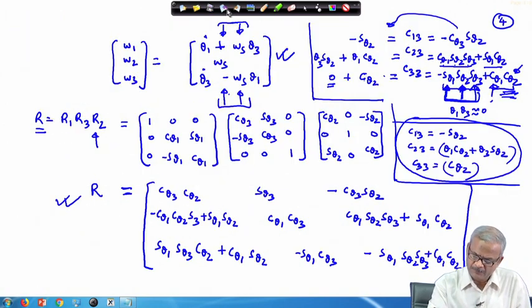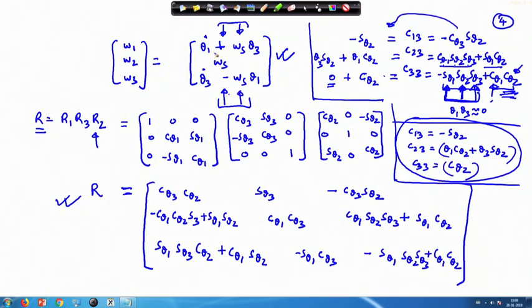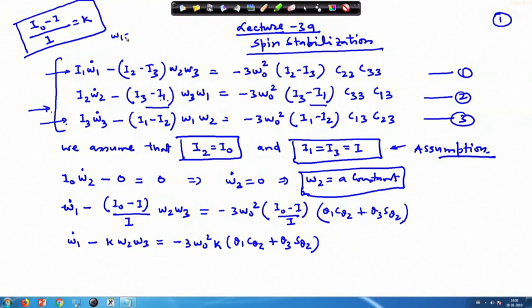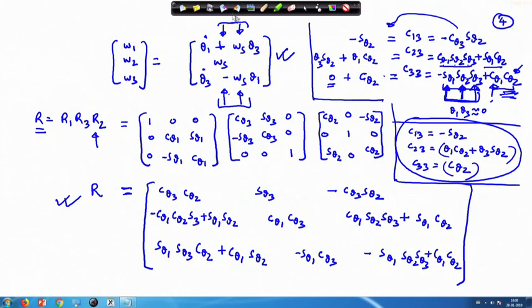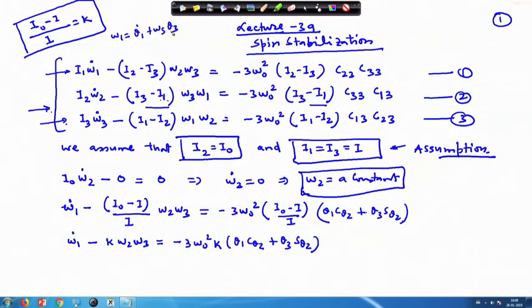Inserting the value of omega 1 here. Omega 1 is theta 1 dot plus omega s theta 3. So, omega 1 dot will become theta 1 double dot. This quantity omega s is a constant, so it will not change. So, we get here omega s times theta 3 dot. Dimensionally all the terms are the same. So, omega 1 dot becomes theta 1 double dot plus omega s times theta 3 dot.